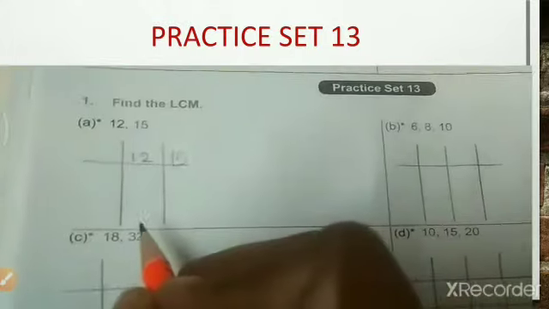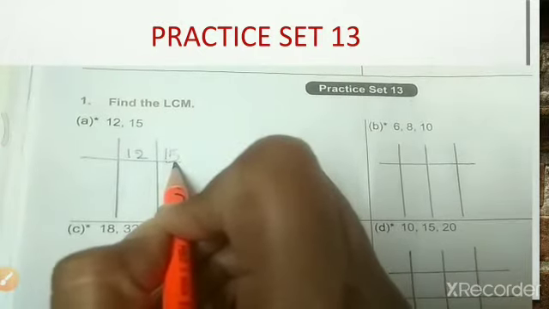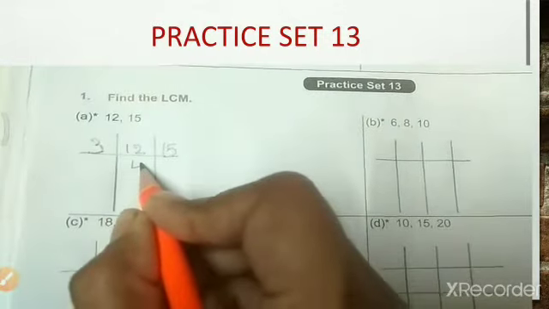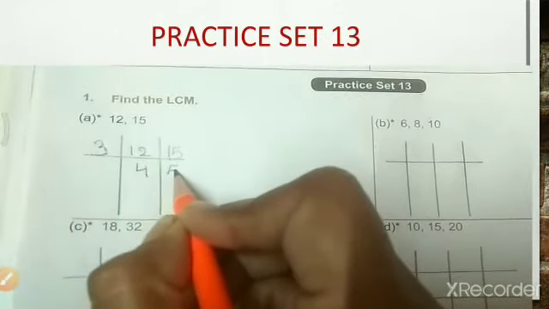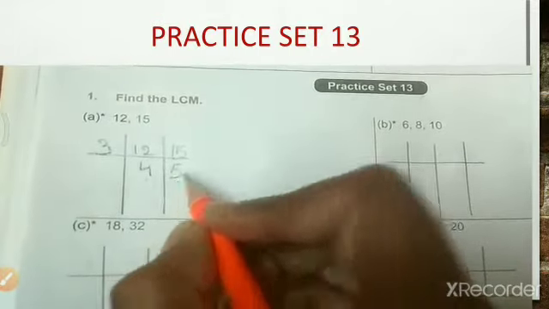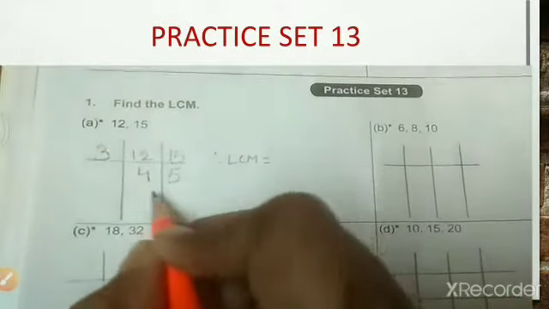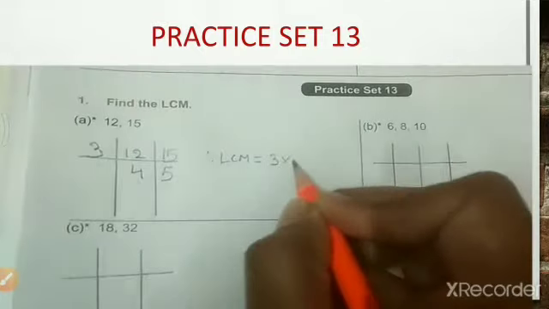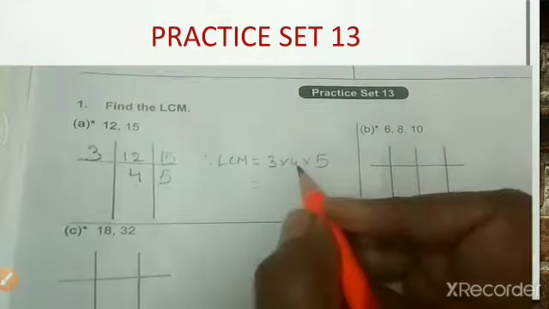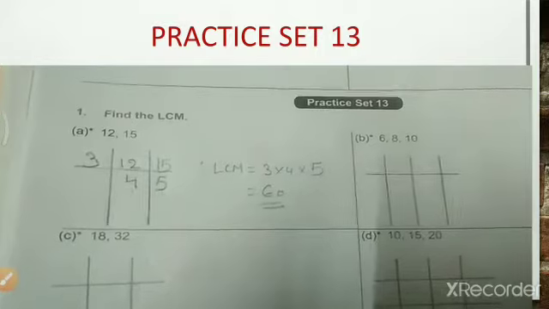Now here you have to find the LCM by factorization. So here 12 and 15 is divisible by which number? Yes, 12 and 15 is divisible by 3. 3 4s are 12 and 3 5s are 15. So what will be your now 4 and 5? 4 and 5 is divisible by itself. So what will be your LCM? Yes, here you have to take the common factor as well as your uncommon factor. So 3 into 4 into 5. So what you will get? 3 4s are 12, 12 5s are 60. So your LCM is 60.